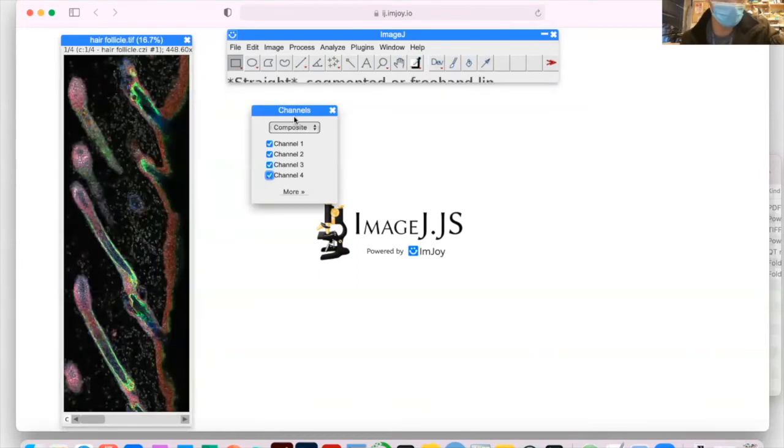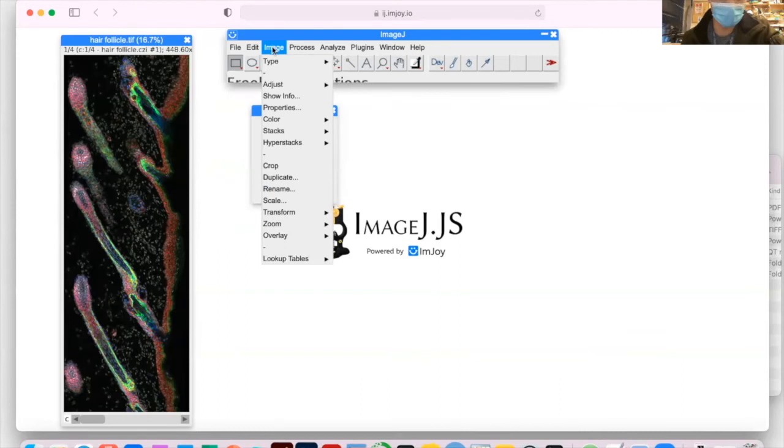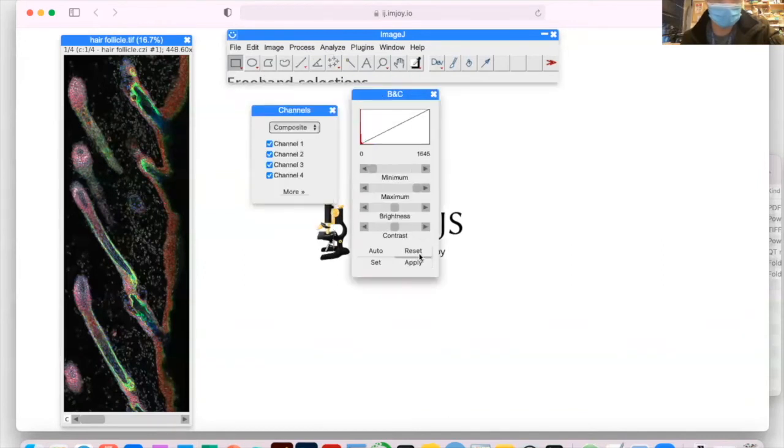So now what we want to do is to adjust the brightness and contrast of different channels. And so now you go here to image, adjust, and here there's a brightness contrast. So with scientific images, normally we actually don't adjust brightness and contrast per se, but rather the minimum and the maximum signal that we allow to be visible in the image.